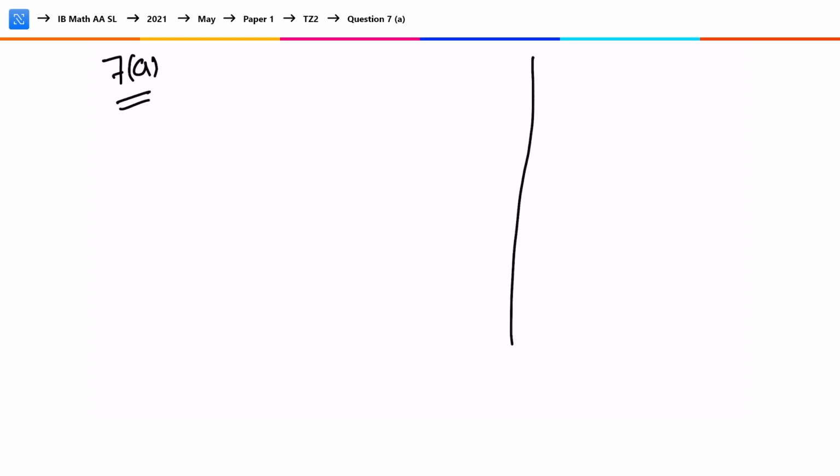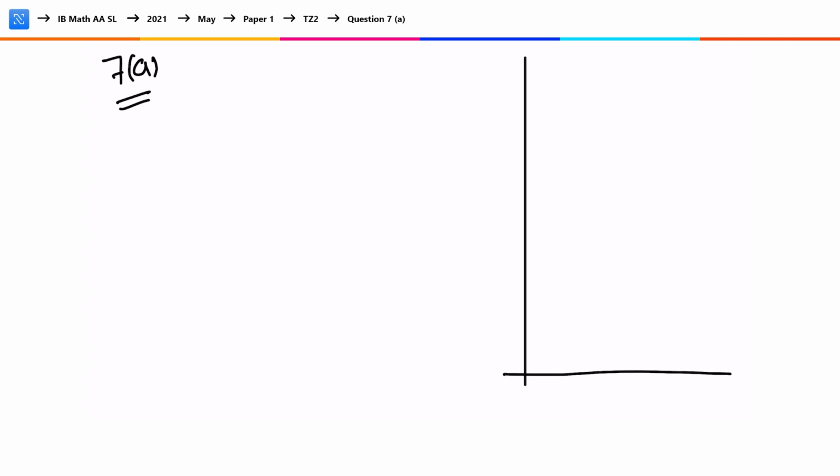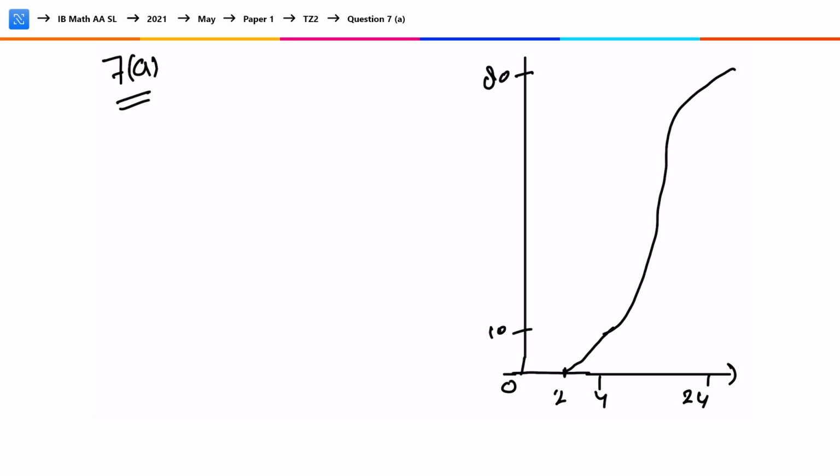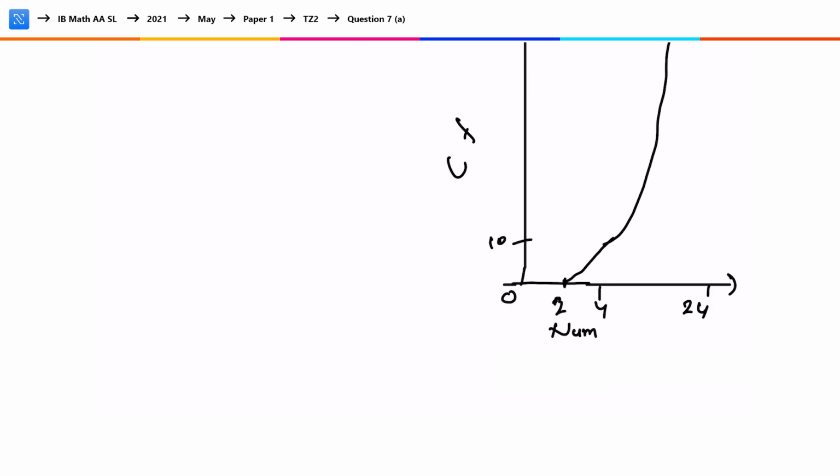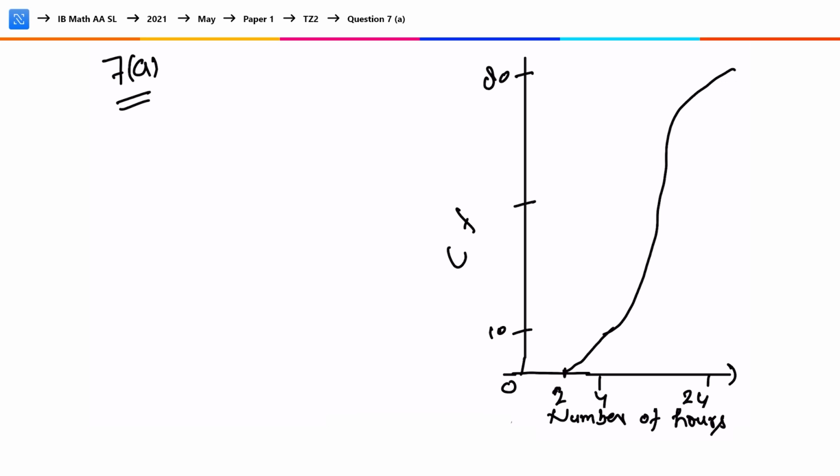A graph is provided where the values range from 0, 10, and so on up to 80. On the other side, the values range from 2, 4, and continue up to 24. These values represent frequency denoted as F and the number of hours is provided. According to the question 40, the maximum cumulative frequency